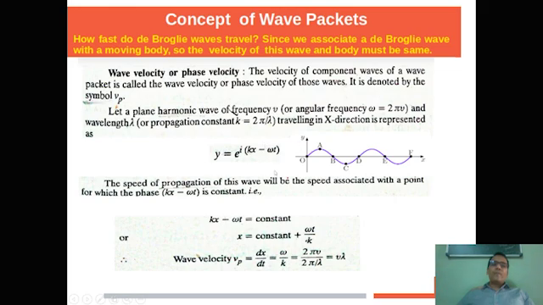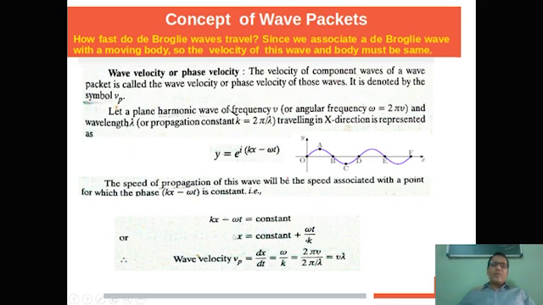Mathematically one can write this function as y equals exponential of i(kx minus omega t). This is similar to the wave function we have used in terms of psi, with kx and omega t again with a minus, which we have earlier converted in terms of energy and momentum. Here we can calculate the phase velocity by using this phase term, which is taken as constant: kx minus omega t equals constant. When we solve this, x equals constant plus omega t by k.